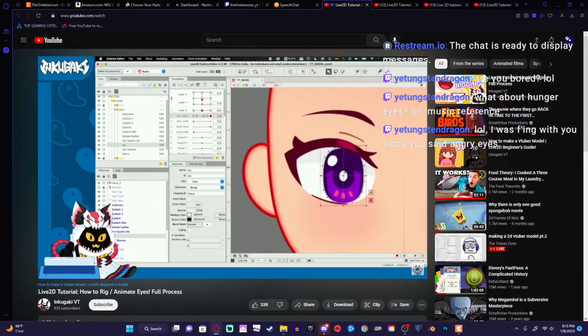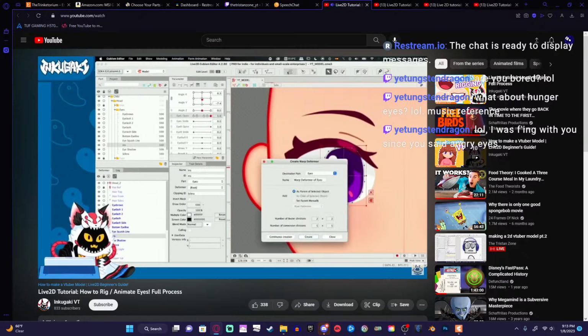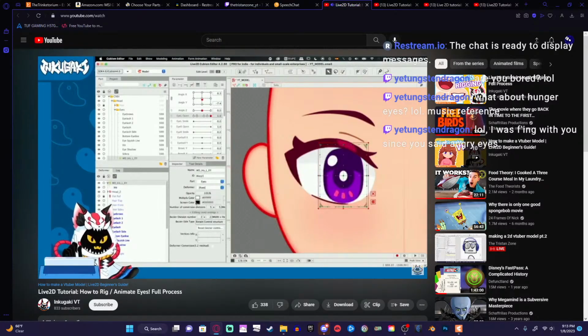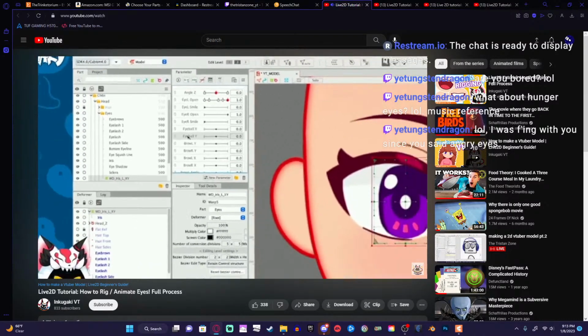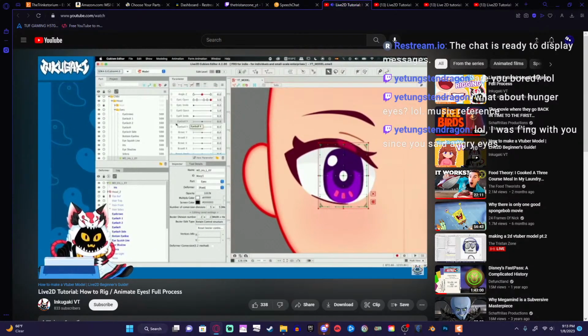So for this, we're going to animate the position with a new deformer. So I'm going to call this one warp deformer, iris L, this is the left iris, and XY. Now, while selecting this deformer that we just made, we're going to go back to our parameter tab and look for eyeball X and eyeball Y. If you saw my video on how to animate the head X, Y, and Z parameters, this process is going to be the same. We're going to select the parameter, we're going to create 3 keyforms while selecting the deformer,